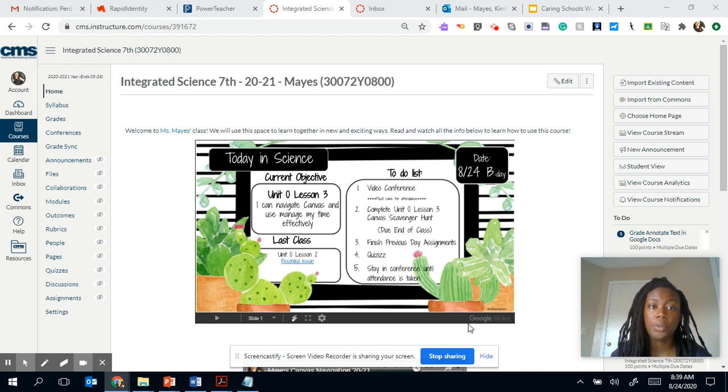we're going to review what you need to do for August 21st and August 24th in the science classroom. So when I arrive at Ms. Mays' page, my first step should be to look at what today in science is. So today I can see it is the 24th and it's a B day, so it's the same thing for my A-day classes. And my to-do list is to come to my video conference, which if you're watching this, you